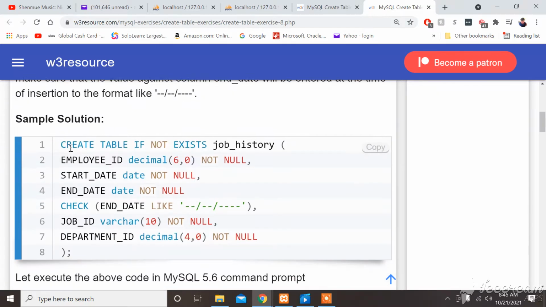Alright, CREATE TABLE IF NOT EXISTS job_history (employee_id DECIMAL(6,0) NOT NULL, start_date DATE NOT NULL, end_date DATE NOT NULL CHECK (end_date LIKE '--/--/----'), job_id VARCHAR(10) NOT NULL, department_id DECIMAL(4,0) NOT NULL);